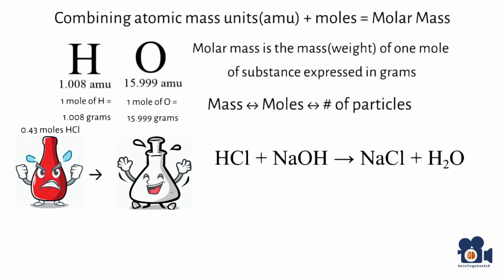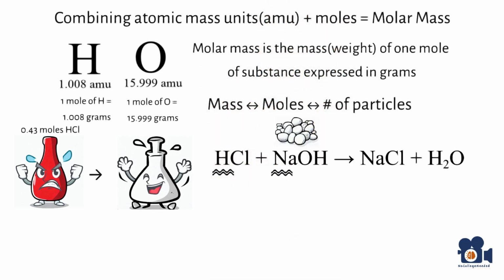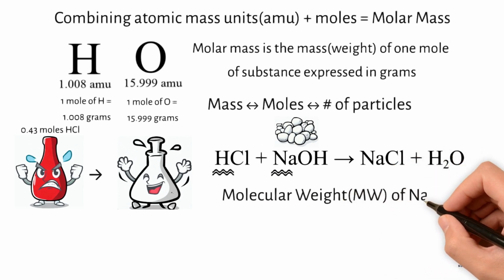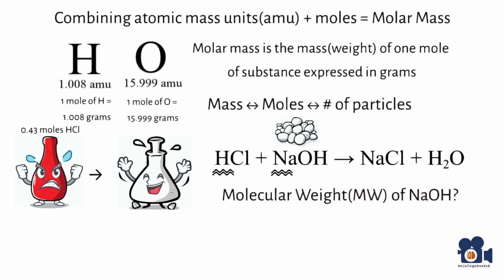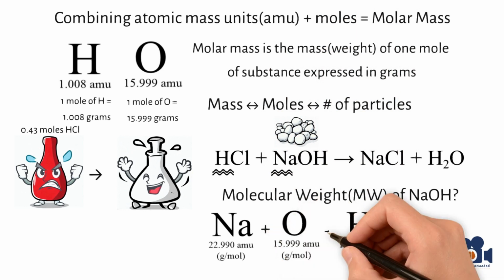First, you notice that there is a 1-to-1 chemical reaction, meaning that 1 molecule of NaOH is needed to react with 1 molecule of HCl. Since NaOH comes in a white pellet solid, you want to know how much you need to add. To calculate this, you need to know the molecular weight, the mass in grams of 1 mole of NaOH. Looking at the periodic table, you see that sodium, Na, weighs 22.990, oxygen, O, weighs 15.999 grams per mole, hydrogen weighs 1.008 grams per mole, so the total weight is